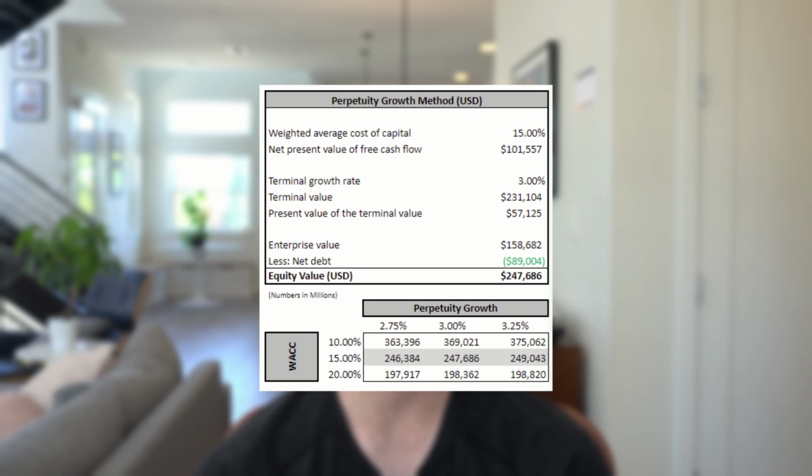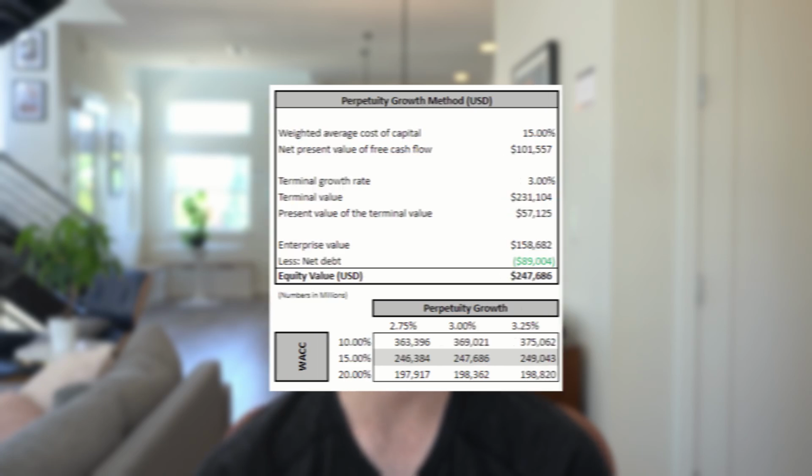If you think Alibaba is about 50% more risky than a US company because they're being operated out of China, then the valuation is about 250 billion at a 15% WACC with a margin of safety around 40%. And if you think that operating in China is twice as risky as a US-based company, then use the 20% discount rate, and their intrinsic value is roughly where they're trading now.